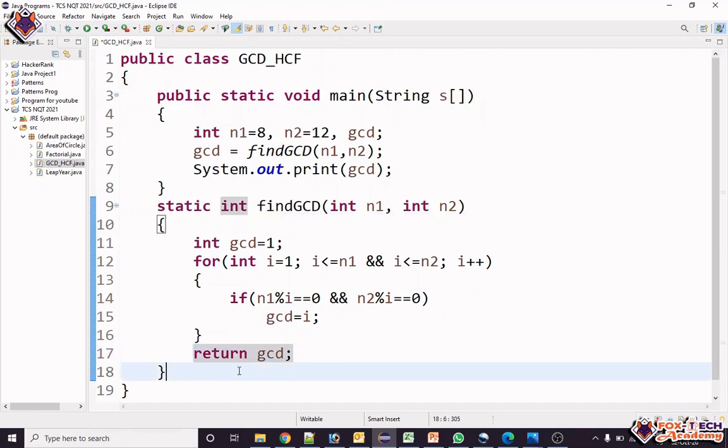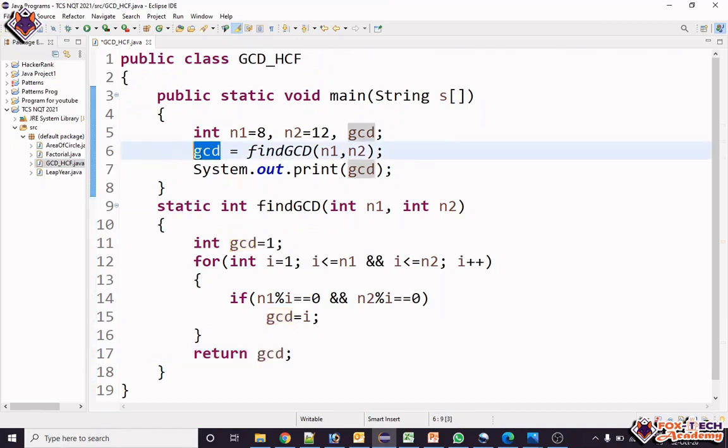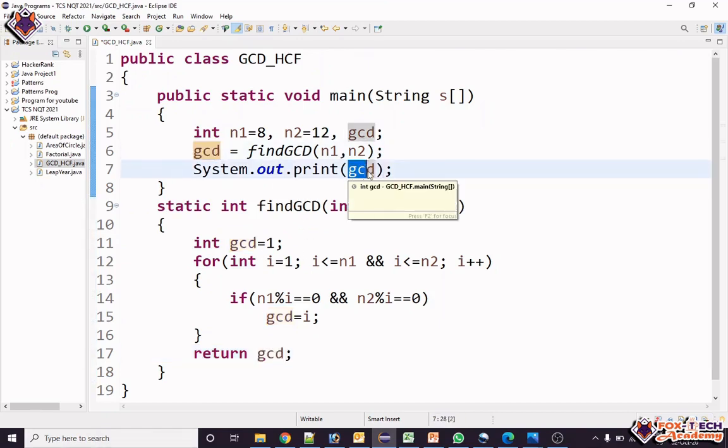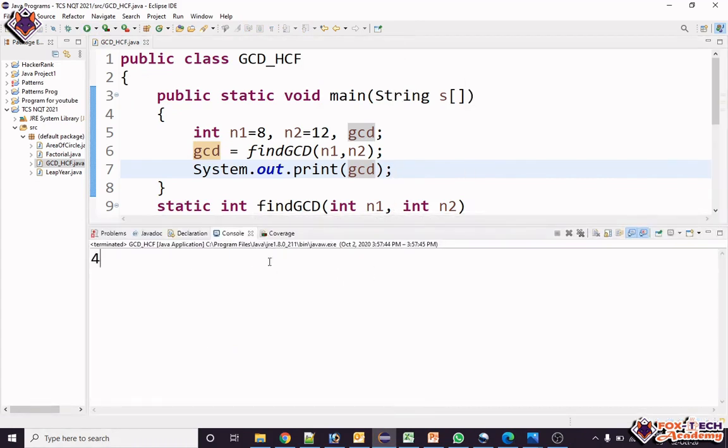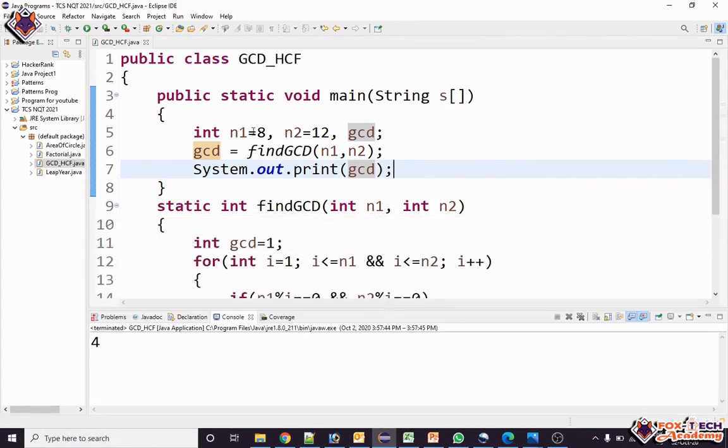So this function is going to return the GCD of the given two numbers, and in the program you can see this GCD is stored in this variable, and in print we are going to print this value. So let's run this program. You will see that our n1 is 8 and n2 is 12 and our GCD is